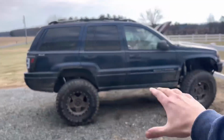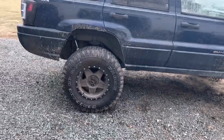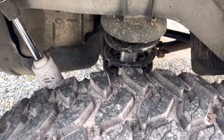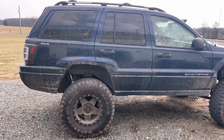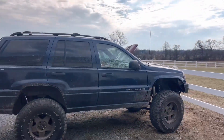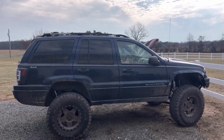But for the time being, on this setup with these tires, I'm definitely going to need to get lower clips to hold in those coils so they stop falling out, because it's kind of annoying to get out in the mud and put them back in spot, especially when they're covered in mud and all gross. It sucks to get out and get all dirty trying to put these all back in, which kind of sounds dumb because we're off-roading, but it's really kind of annoying. So I'm going to go ahead and order up a set of those,